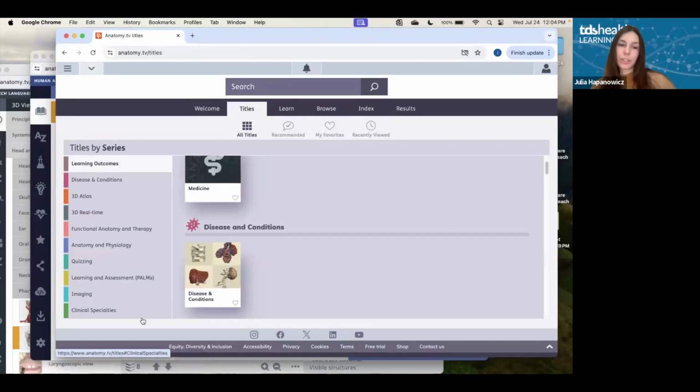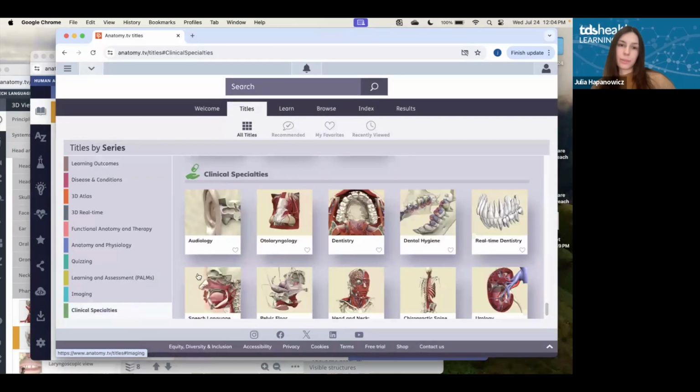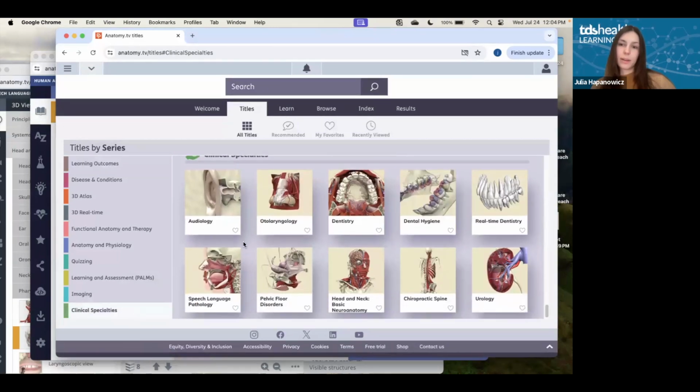I'm going to start actually down at the bottom here with our clinical specialties. So again, you can see we have quite a different range of clinical specialties within Primal Pictures. We have audiology, otolaryngology, dentistry, dental hygiene, real-time dentistry, speech-language pathology, pelvic floor disorder, head and neck basic neuroanatomy, chiropractic